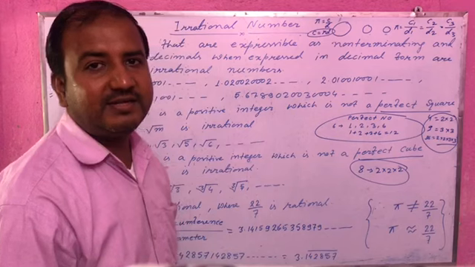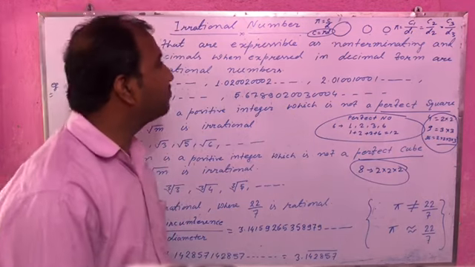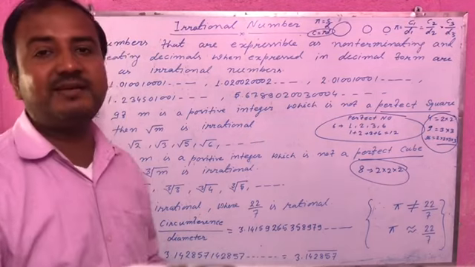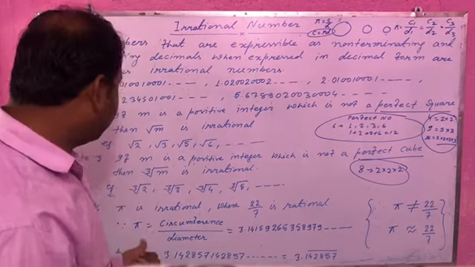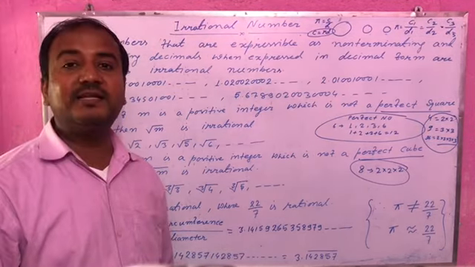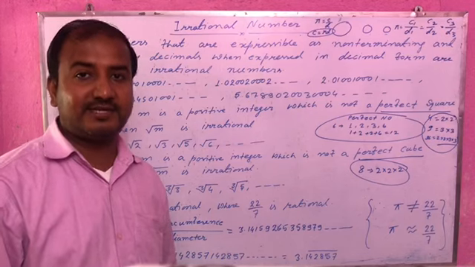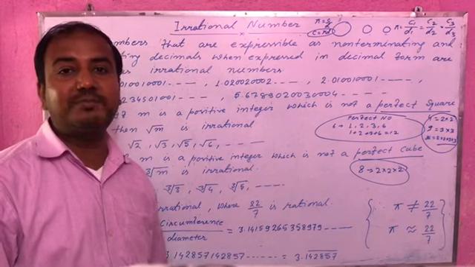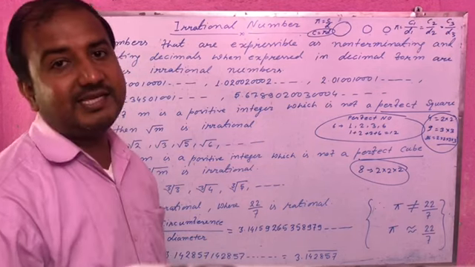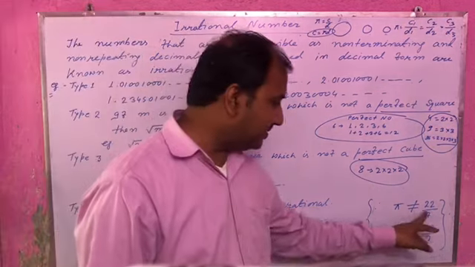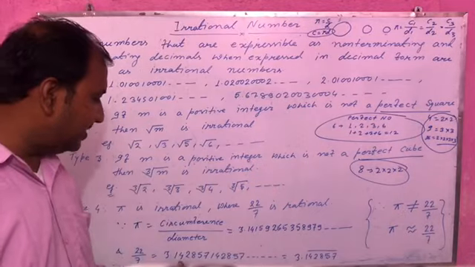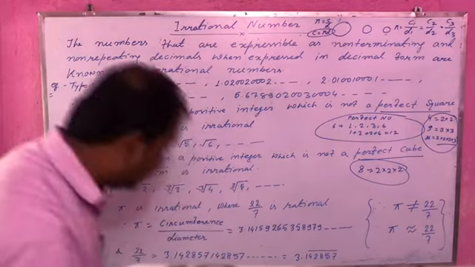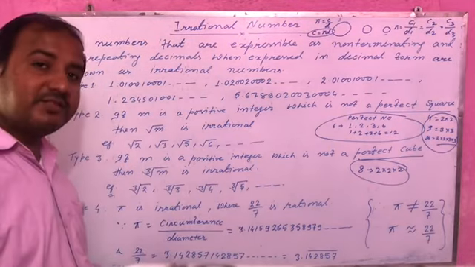Again, I am continuing. We were discussing irrational numbers, and we were seeing that pi is irrational and 22/7 is rational. There we saw that the value of pi is exactly not equal to 22/7. The decimal expansion of 22/7 is